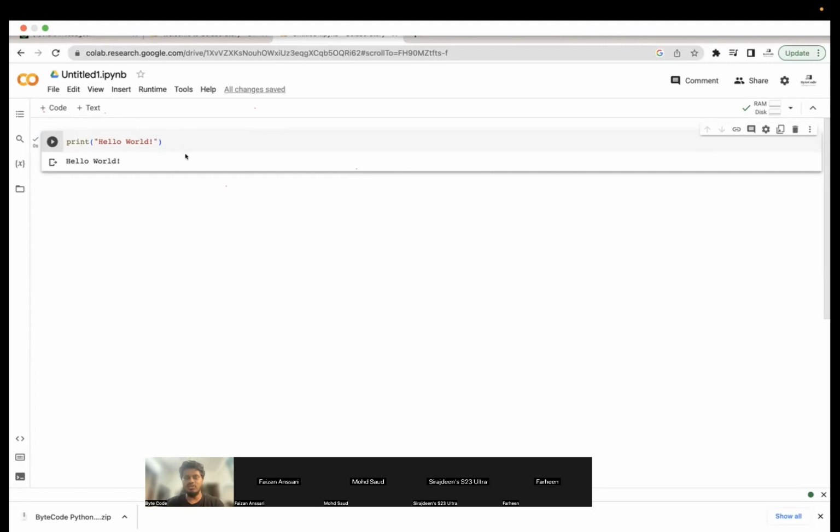Suppose I want to print something, I use a function called print. What does this function do? It just takes whatever string, a number, your name, any letter, any character, anything in the world, and it will just print that out. Okay, this is the first code.